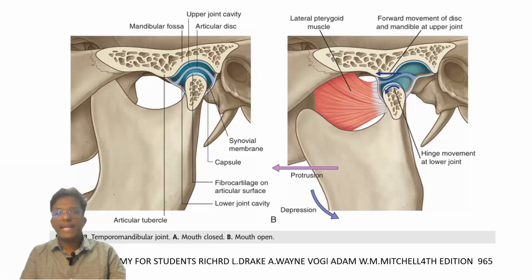This is the basic anatomy of the temporomandibular joint, where the articular disc is present in the center, which divides the joint into 2 compartments, upper and lower. The upper compartment is concerned with gliding, and the lower is concerned with rotatory movements. You can see the upper compartment is made up of the glenoid fossa of the temporal bone and the upper surface of the articular disc, whereas the lower compartment is made up of the lower surface of the articular disc and the condyle of the mandible. These are the joint positioned at rest and in the open movement. You can see the joint is moving forward.